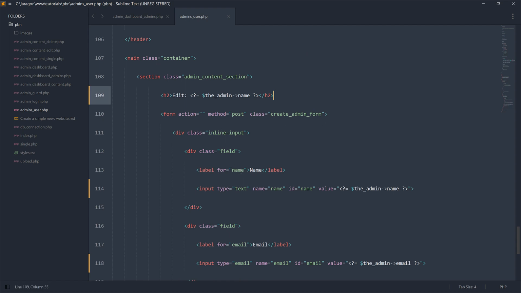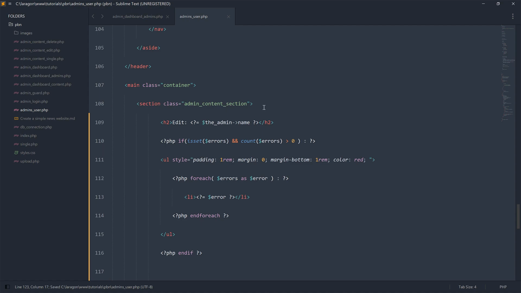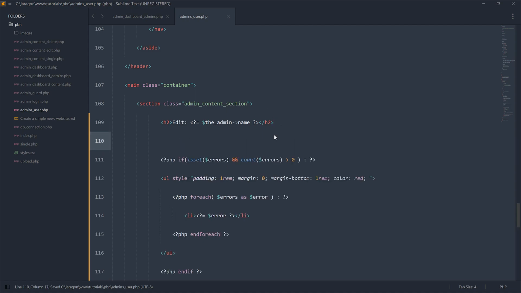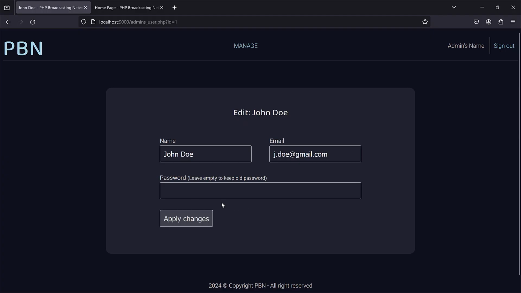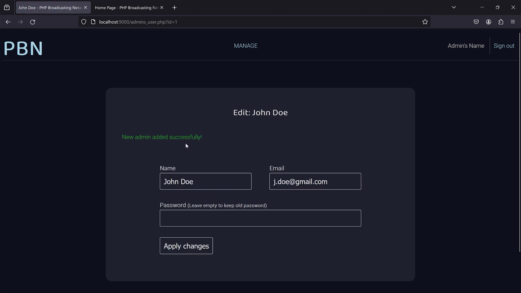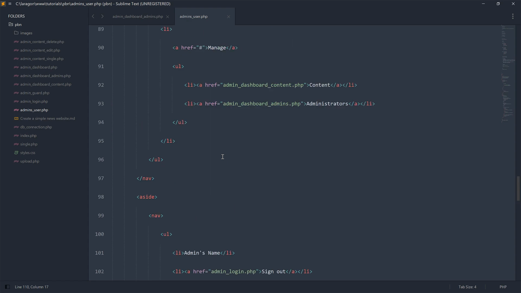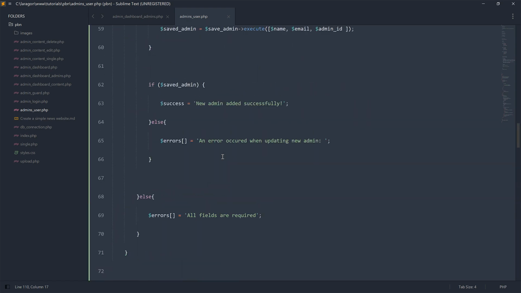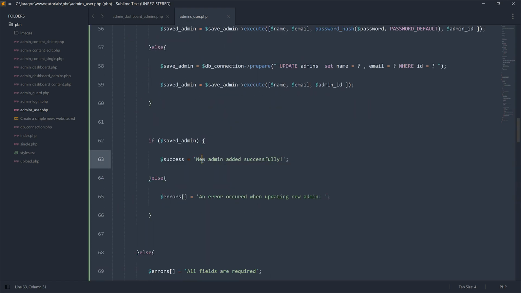So I'm going to place it here like this. If I update like this, we are not having new admin added, this is a new admin updated. So admin updated